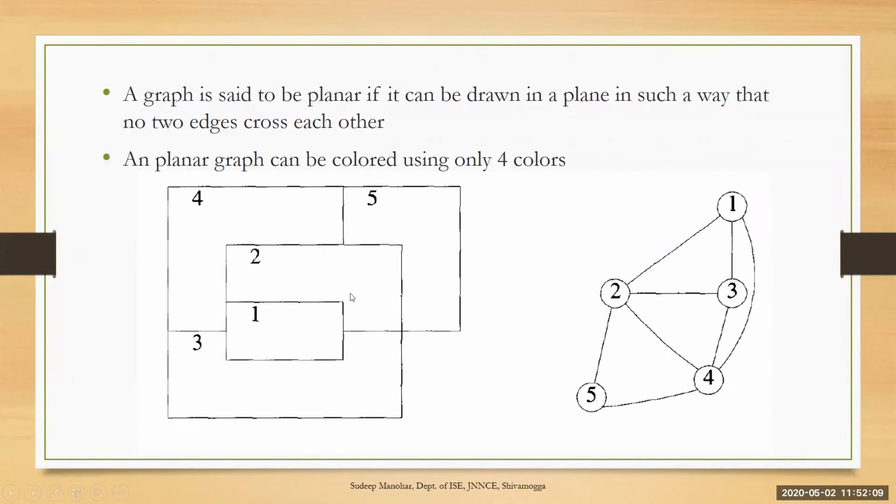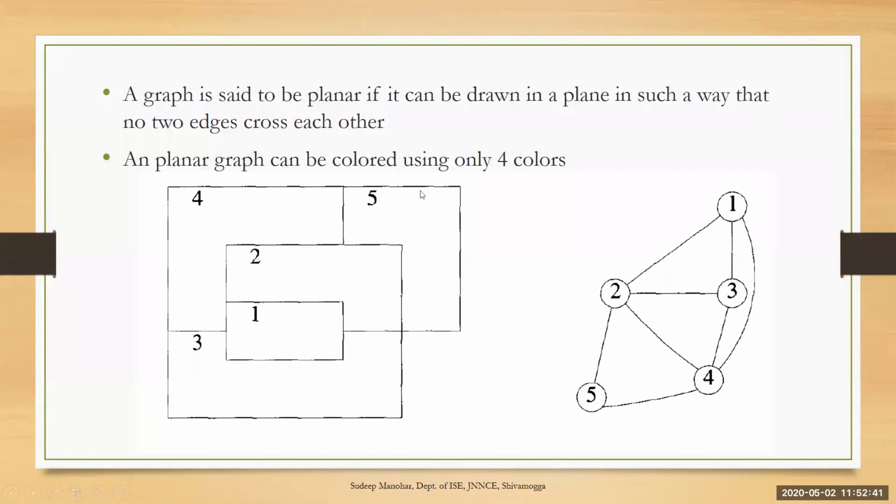If you look at this graph, this is a graph based on this area diagram. Here is 2. I want to draw a graph. 2 is adjacent to 4. 2 is adjacent to 5. 2 is adjacent to 1. 2 is adjacent to 3 also. So this is 3. It means 2 is adjacent to all vertices. Therefore, write all the other vertices 1, 3, 4, and 5 and draw the edges.